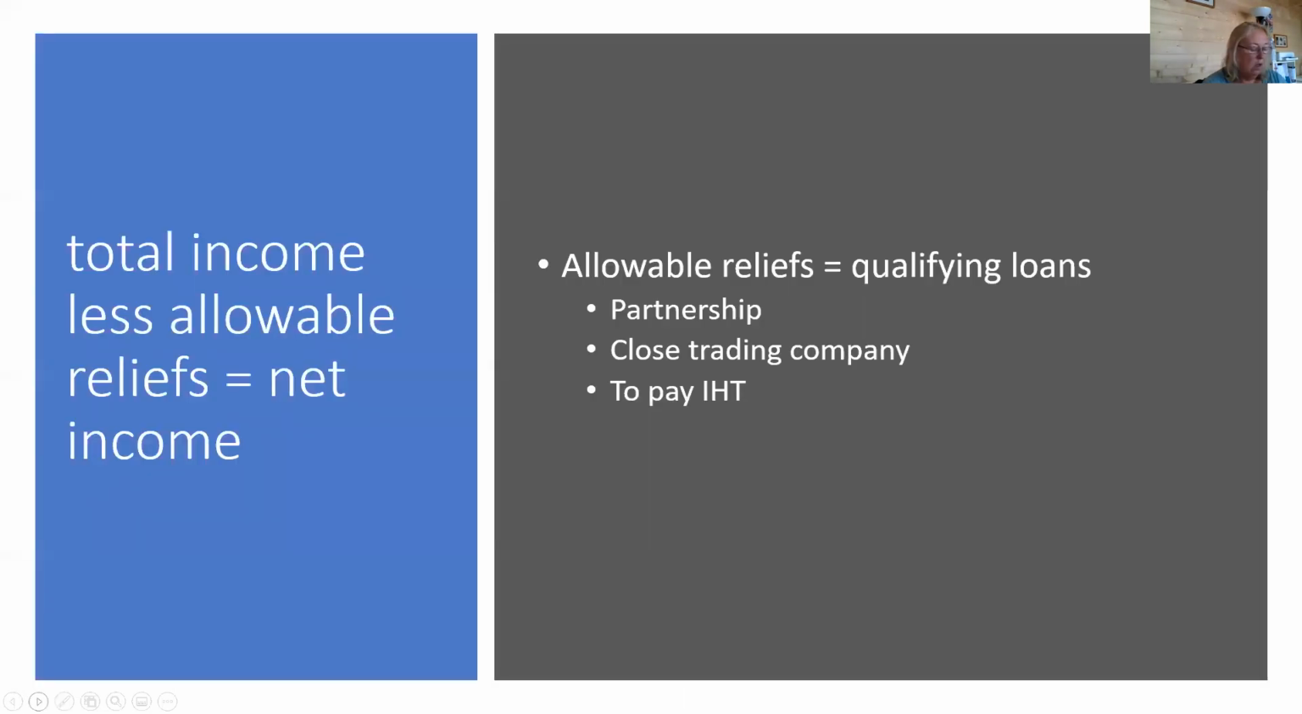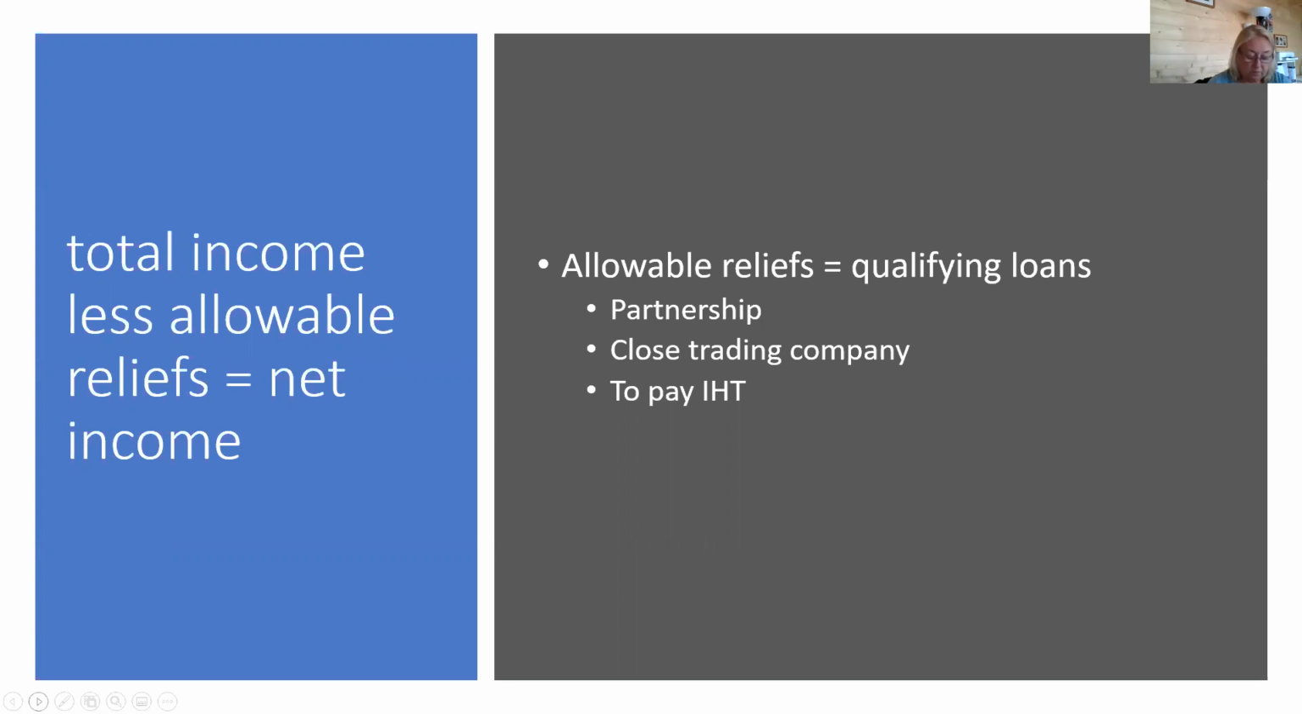Okay. So we've got our total income. Remember, that was all of our various different income sources added up together. And from that, we take away any allowable reliefs, and that gives us our net income. So allowable reliefs are things that you can reduce your total income by. And the three most common ones really are qualifying loans. So we've got loans